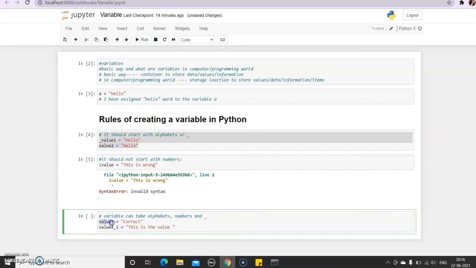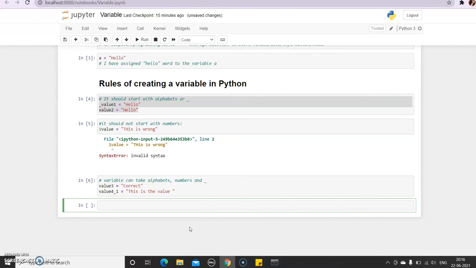The first variable, value3, consists of alphabets and numbers, so it is validating the rules. The next variable, value4 underscore 1, consists of alphabets, numbers, and an underscore, excuse me. So I will just execute it, and this time too I don't get any error.